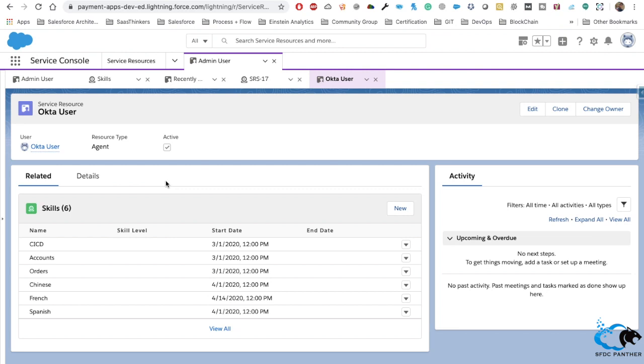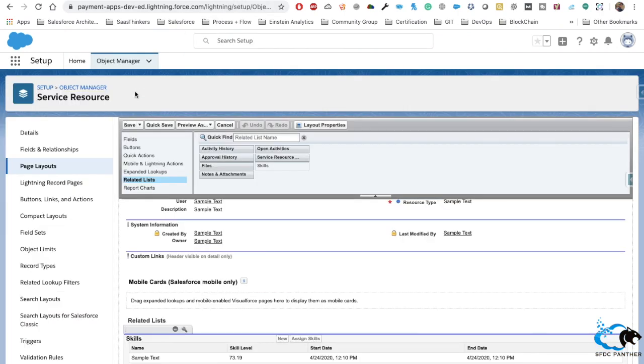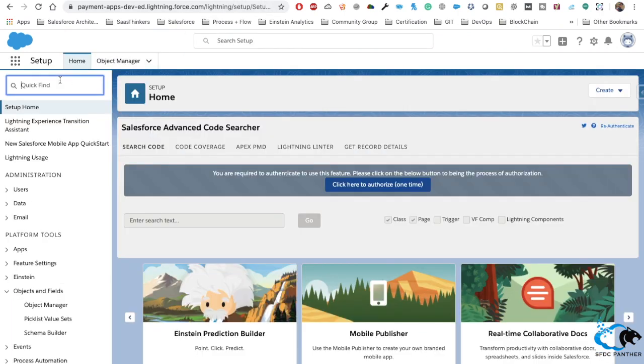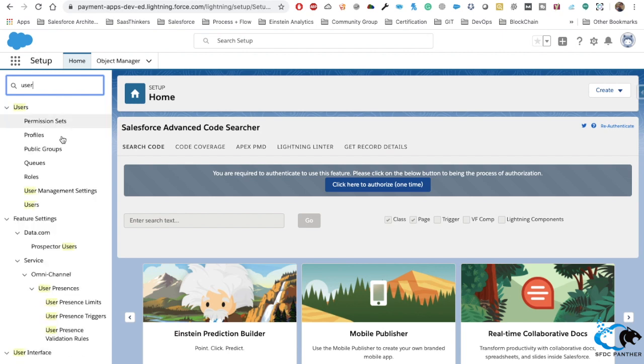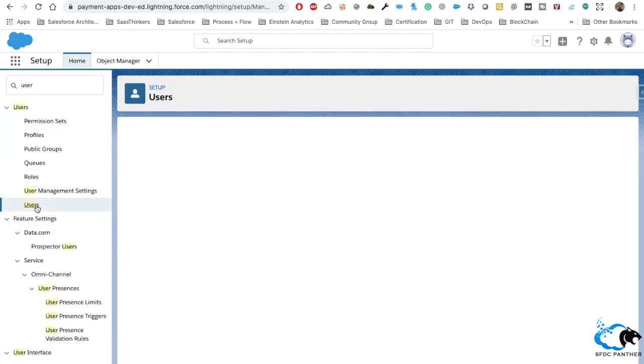Before we go ahead and test, as you have added your user as a service resource, you might want to check one thing. Go to the setup, go to the users here, and find all the users that you have added as a service resource.